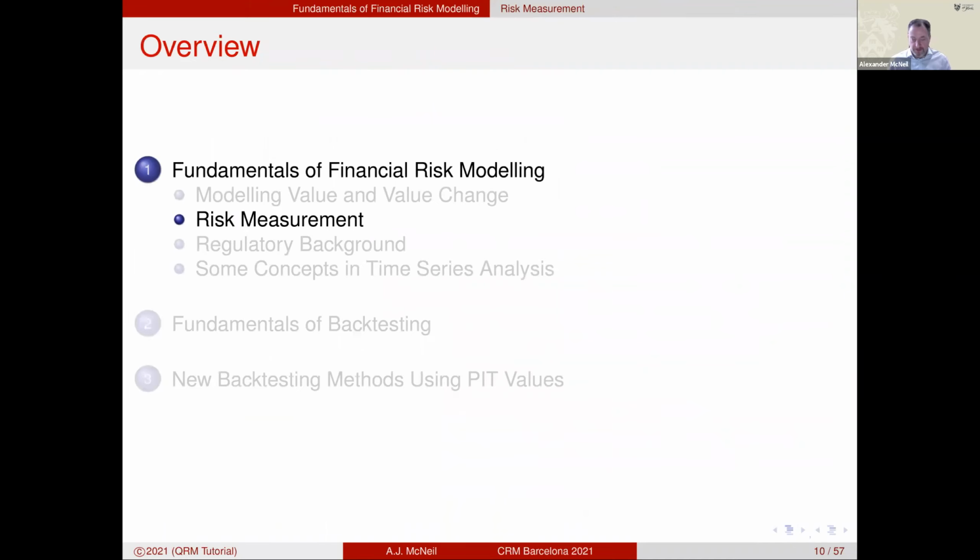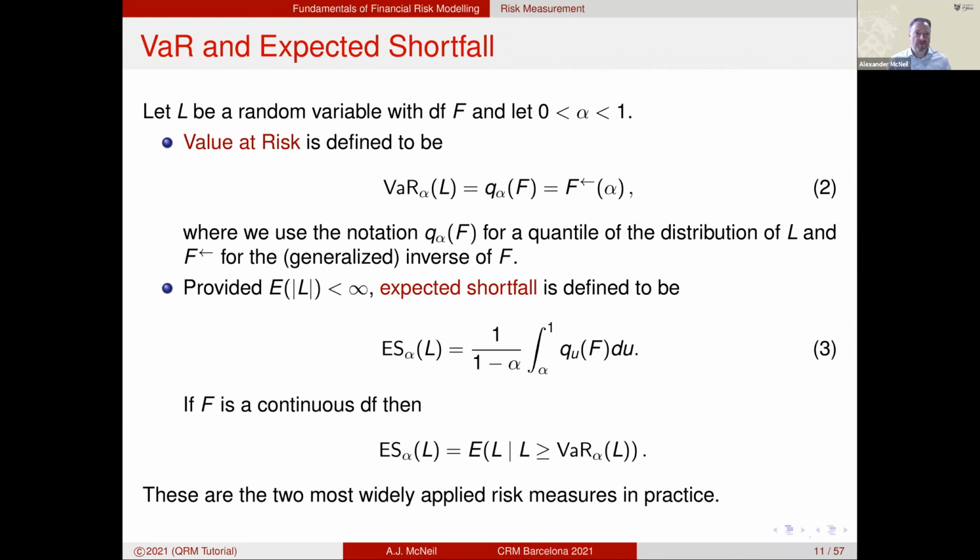Okay, so the part 1.2, you could say just a few words about these risk measures. With 250 participants in this presentation, I'm aware that it's going to be impossible that you all have the same fundamental knowledge. So for those who know these things from back to front, apologies if I labor them. And for those who don't know them, then hopefully at least you get a sense of what I mean. So value at risk and expected shortfall.